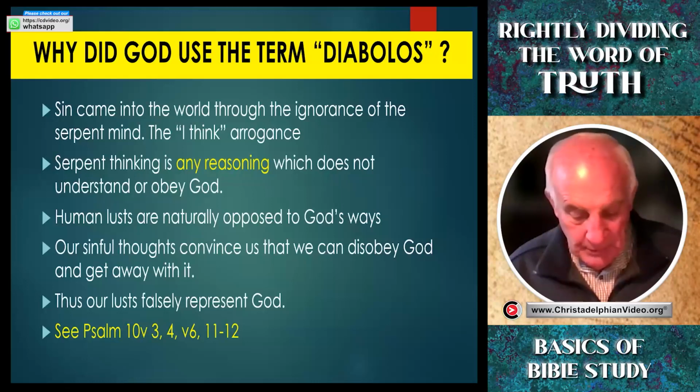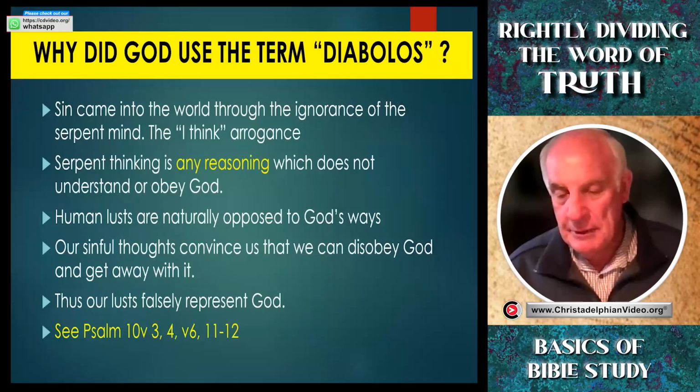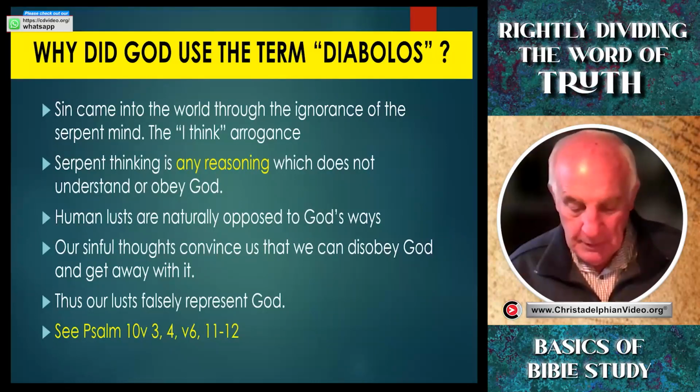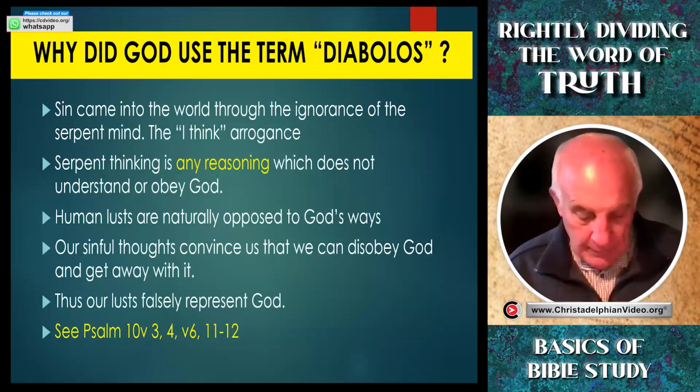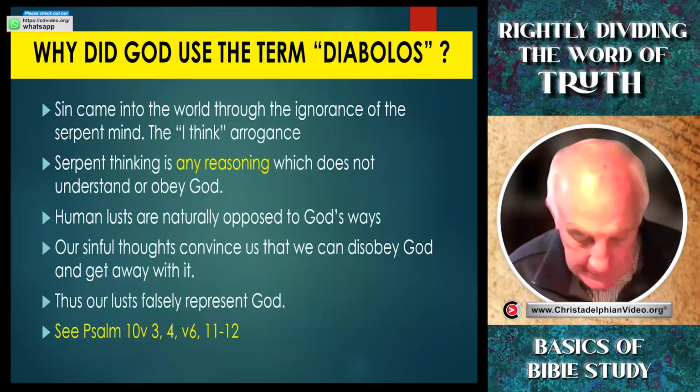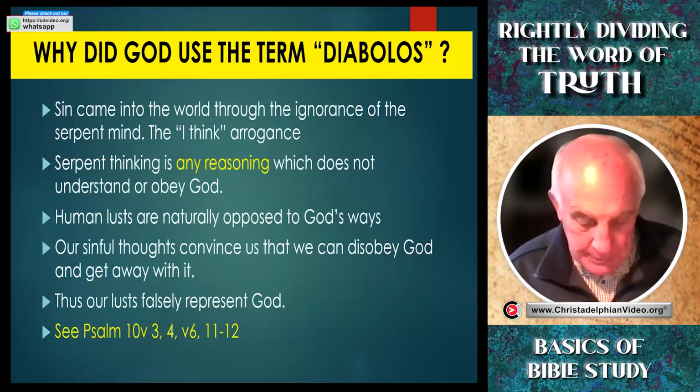Arise, O Lord, O God, lift up thine hand, forget not the humble. And here's the sin, here's the great sin. Wherefore doth the wicked condemn God? And you see, their arrogance, their boasting, their reasoning is a condemnation of the righteous God of heaven. Here's how they condemn God: by saying in his heart, thou wilt not require it. Thou hast seen it, for thou beholdest mischief and spite, to requite it with thine hand.